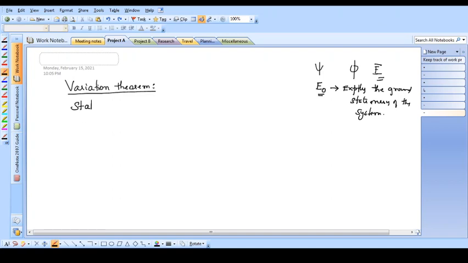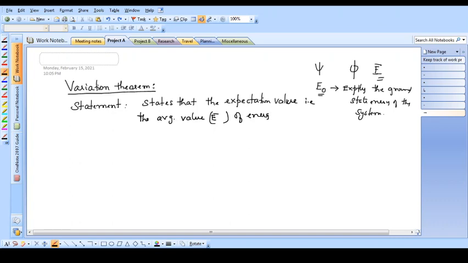Statement: the variation theorem states that the expectation value, that is the average value E bar of energy, average value of energy